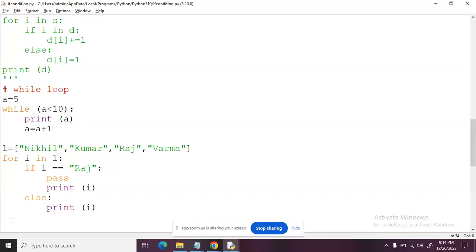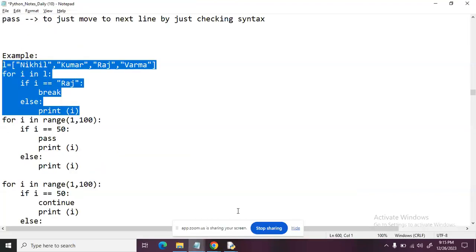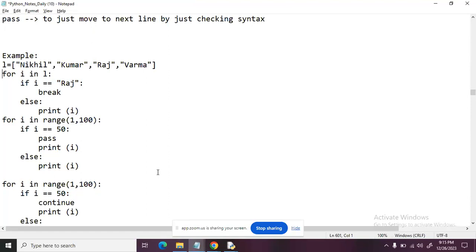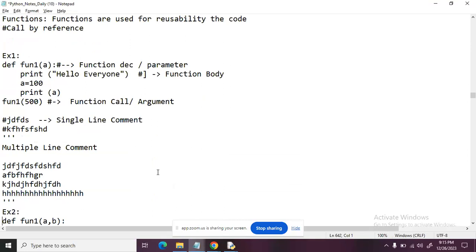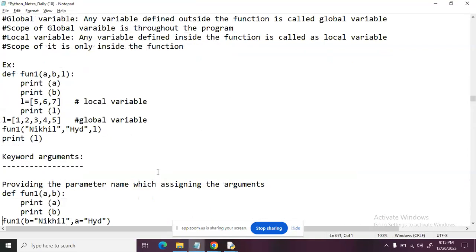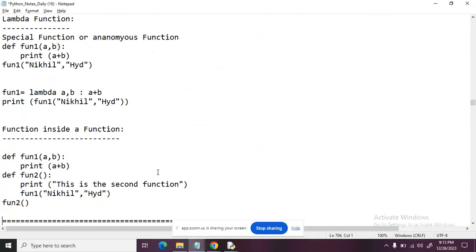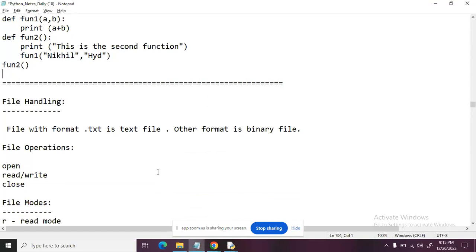Let's continue. Till yesterday, I think we have completed the very basics of conditional statements and loops, and we have seen some basic questions also. We have seen if conditions. Today we will see functions, what are the different types of functions that we have in Python, and then we will go to file